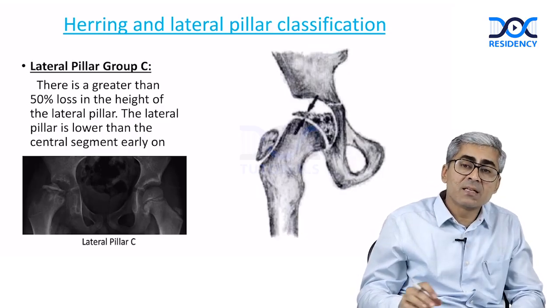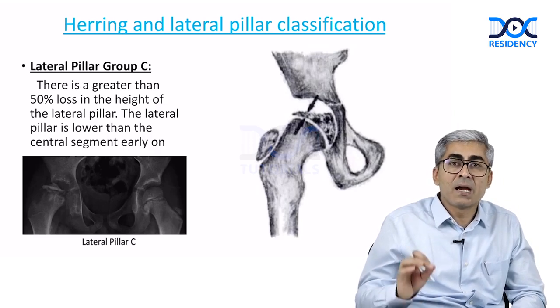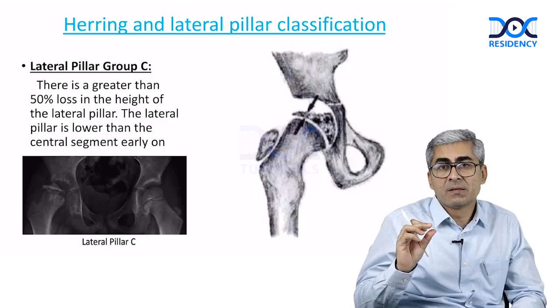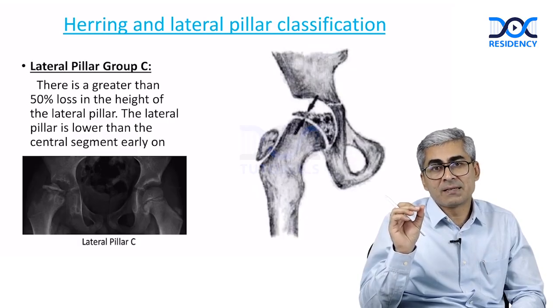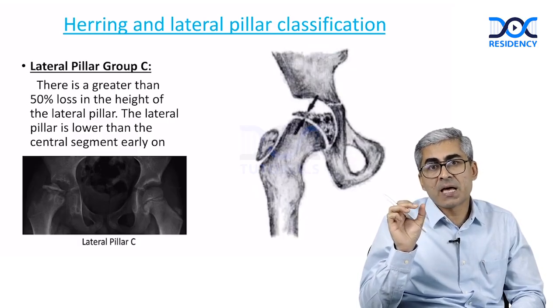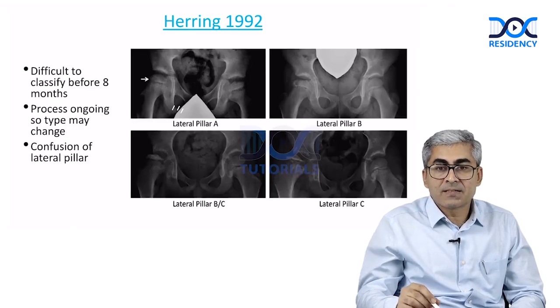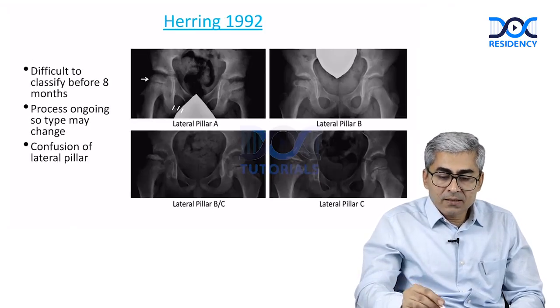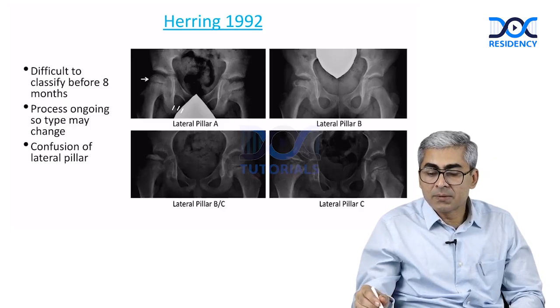And there is another group which is described as B/C, where the height of the pillar is maintained up to 50%, but there is a narrow physis laterally. That means the ossified area is narrow, very small and tall. So that's A, where the height is fully maintained, and that's lateral pillar group B, where height is reduced